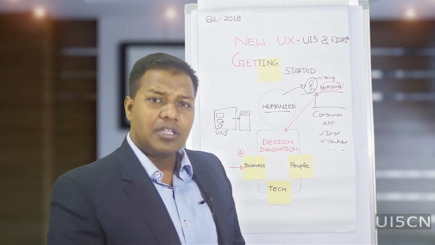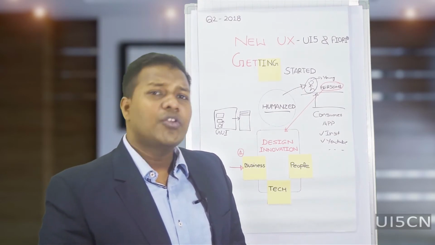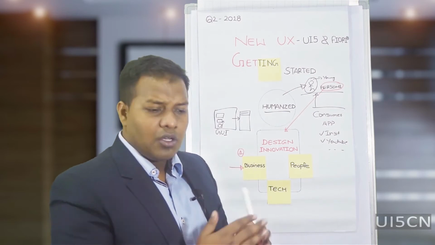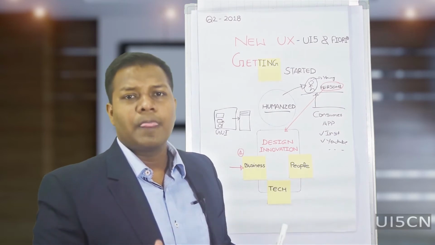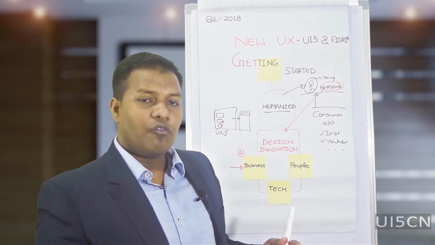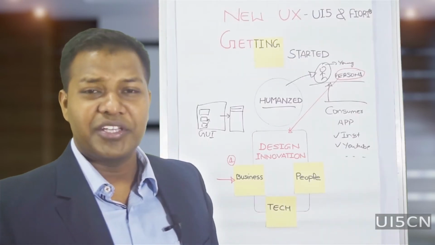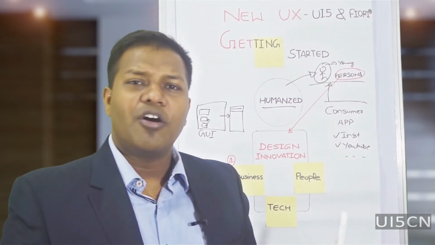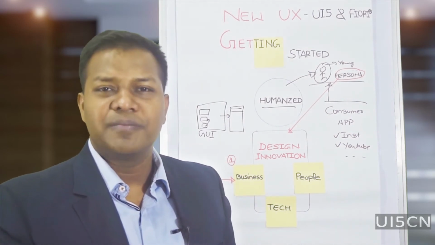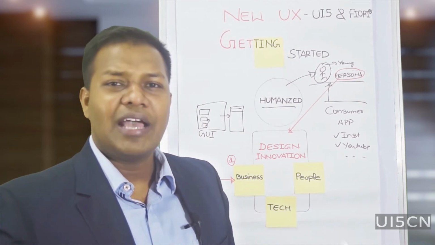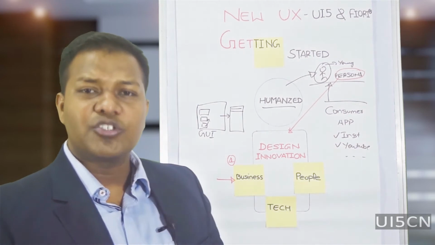Will they be comfortable using the application for the purpose they are using it? If I'm trying to create an application for project management, will I have a timeline or should I have a vertical scroll? All these factors come into the picture of how your user is using the application. If the user is using the application on mobile devices, you cannot have horizontal scrolls. This is one simple example. You have to have vertical scrolls. If they are using bigger screens, you can have horizontal scroll. So this is one simple example of how the people aspect should come into the picture.